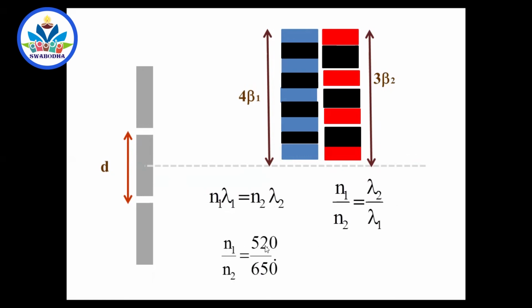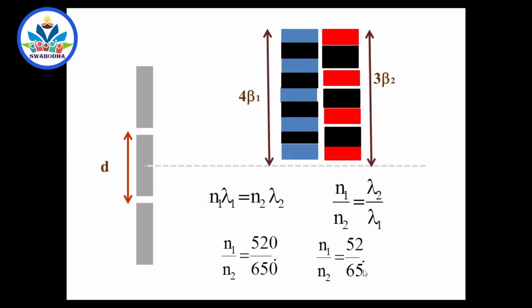Okay, but the wavelengths are 520 and 650. Here I went wrong. I didn't divide it. I kept it 52 by 65 only. Now I want to see whether it is the 4th one and 3rd one, 5th one and 7th one, 8th one or 3rd one. So which fringes are meeting here? Which fringe of 520 nanometer, which fringe of 650?